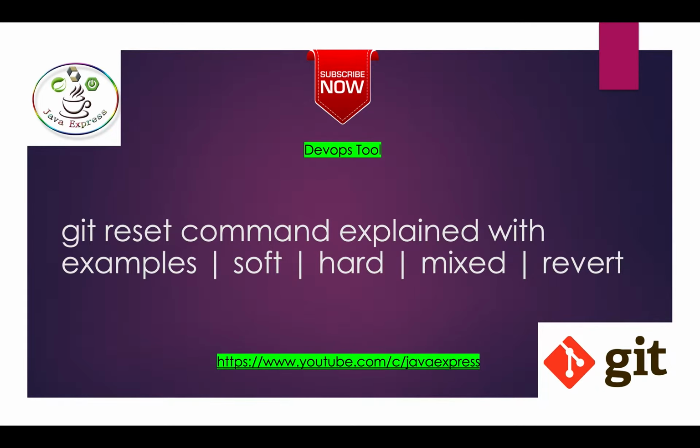Why will you enjoy it? Suppose by mistake you commit some files in your repository, maybe from the working directory to the staging area, to the local repository, and from local to the remote repository. If you want to reset from the staging area to your working directory, or from the local repository back to your working directory, or if you want to delete all your files completely, we can do everything using the reset command.